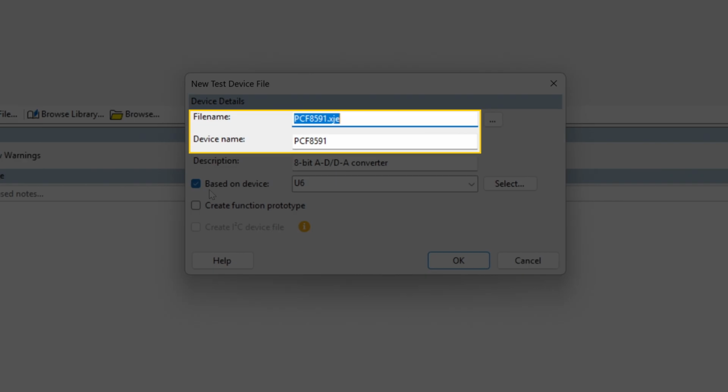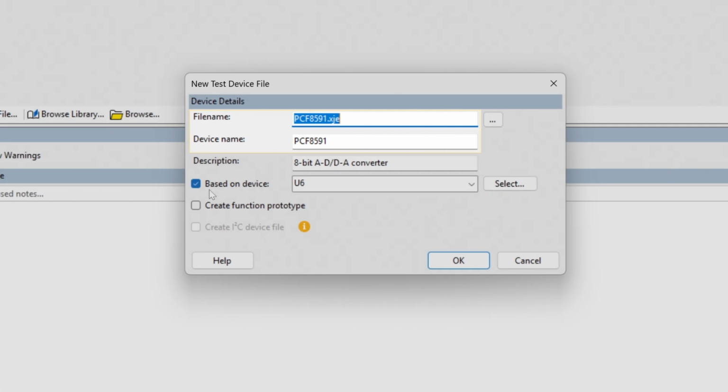By doing that, you're making it easy to identify what part the file is for when someone comes to use it later. You've then got some options that can save you time during the file creation process. By default, XJDeveloper will suggest you allow it to use information from the netlist to add bus names to the file. That means you won't have to add the pins to the device yourself. To let names be entered automatically, leave the tick in that box.